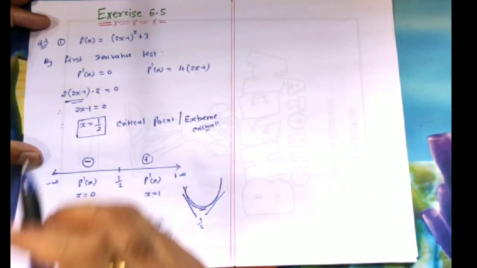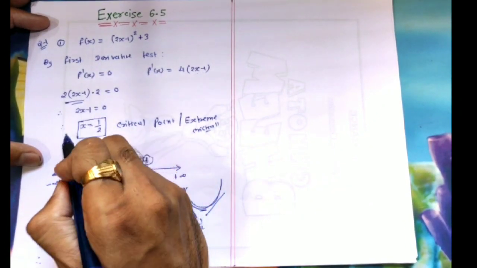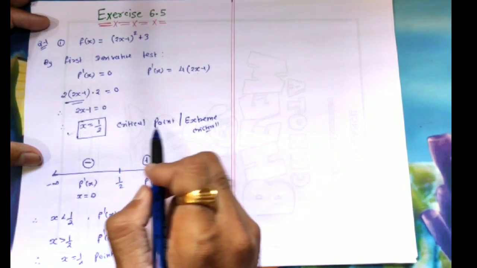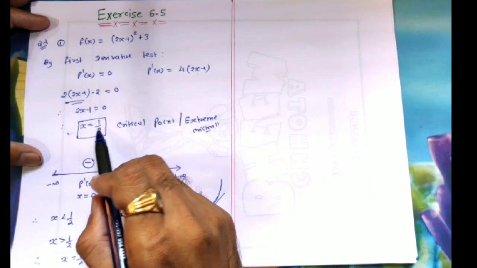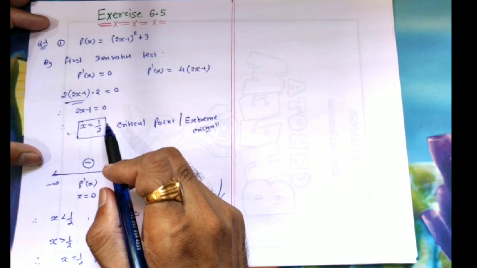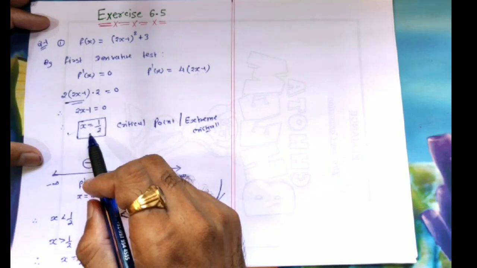Clear? Two steps are there. By comparing f dash x equal to 0, we are getting x equal to 1 by 2. So at that time we are saying that x equal to 1 by 2 is our critical point. That means at this point maxima और minima occur. हमारे पास दो ऑप्शन है, मैक्सिमा भी हो सकता है, मिनिमा भी हो सकती है, और तीसरा ऑप्शन भी है, ये पॉइंट ऑफ इन्फ्लेक्शन भी हो सकता है.